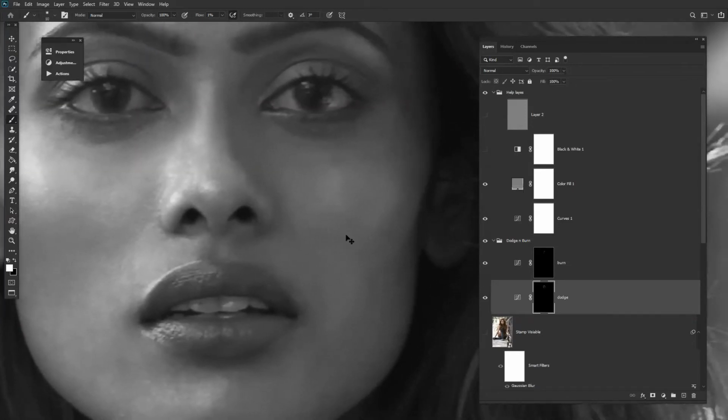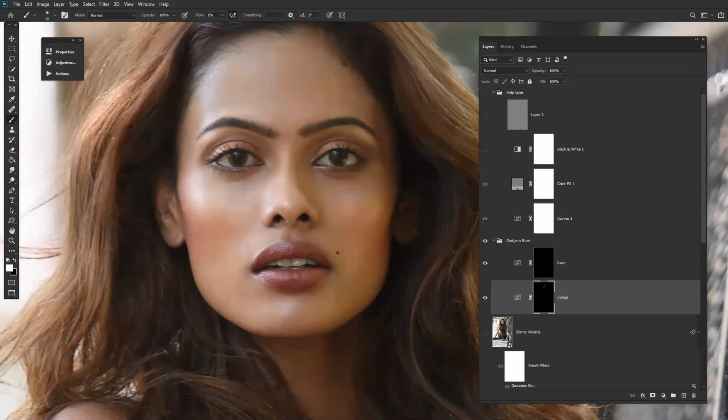So let's come to this area. Here we can see a very uneven pattern. Now you have to take a decision to keep it or to merge it out. I will just try to enhance this area a little. I won't totally omit this area. So you have to start building your sense while dodging and burning. I will only try to merge the hard lines over here, not totally dodge this area out or burn this area out. Okay. So let's work now.